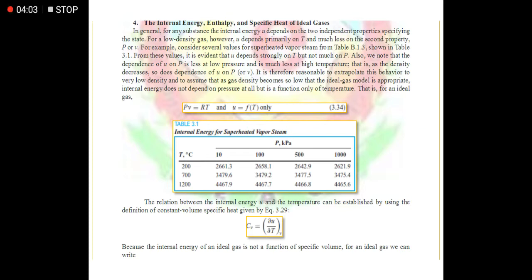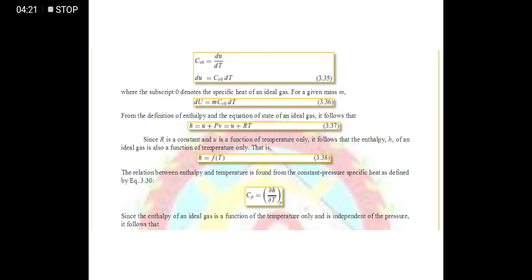So yun. We have here PV is equals to RT, or we have U is equals to f of T. Internal energy daw is a function of temperature. Then we can actually derive this formula na Cv is equals to partial of U over partial of T at constant specific volume. So we have here Cv sub o is equals to du over dT. Then of course,